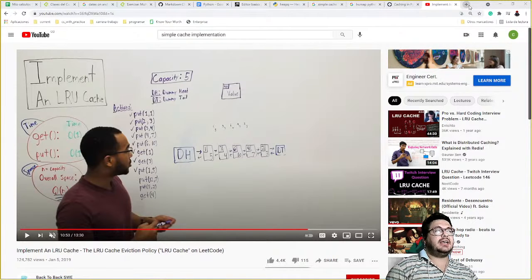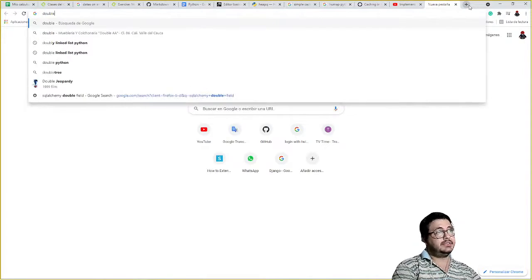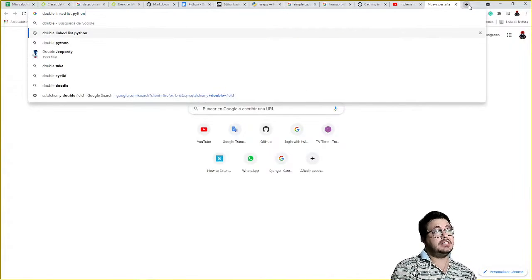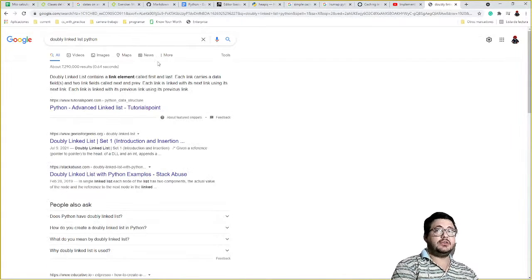So I get the approximation of the other programmer, and I also take advantage of the testing. So let's say doubly linked list,